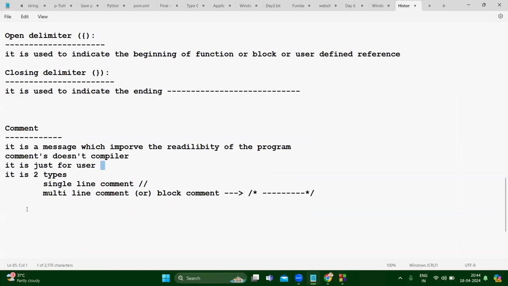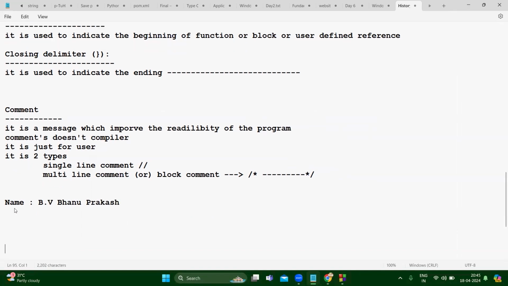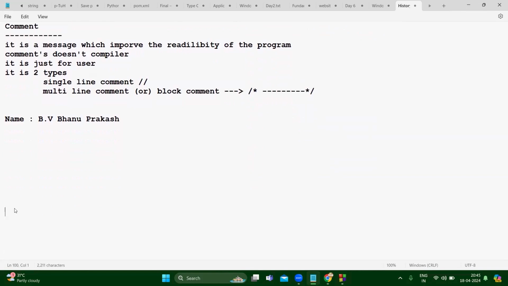Just one second. I forgot to tell you about myself. Let me tell you about myself also. So my name is BV Banu Prakash. I think your dad already told you. Coming to my skill set, I teach full stack Python.